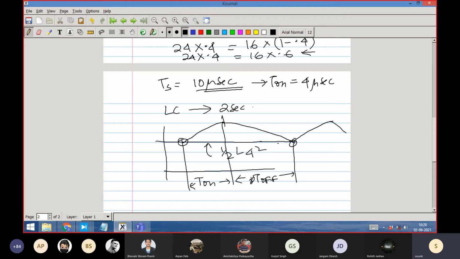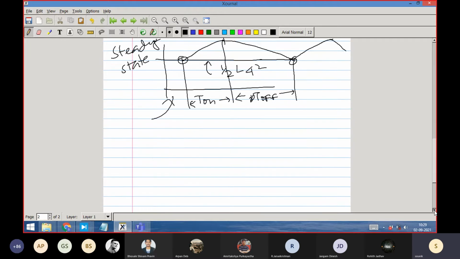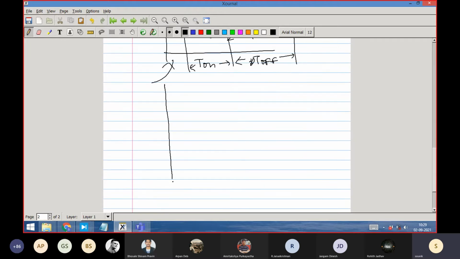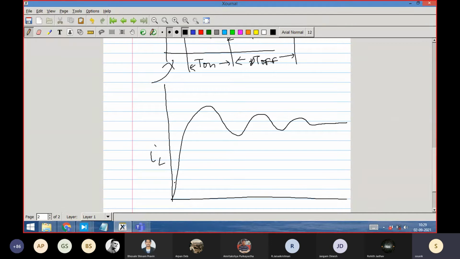Any question? So this plot is after reaching the steady state, right? After reaching the steady state, always remember that I am doing steady state. Acha, if you want to know how it will reach, that is also not difficult. It will start from 0. I am doing this qualitatively, must not take it literally. So qualitatively, initially this will be the inductor current, with a little switching ripple, because on off is happening.